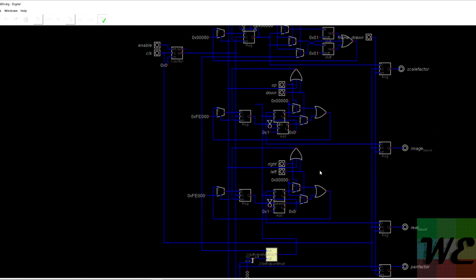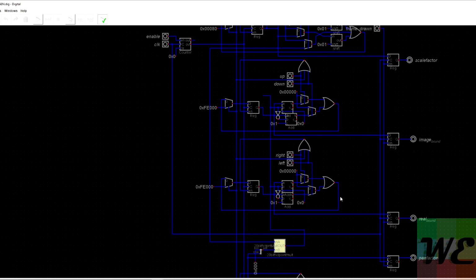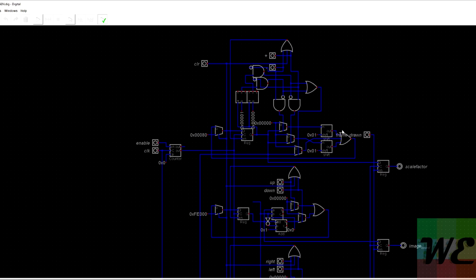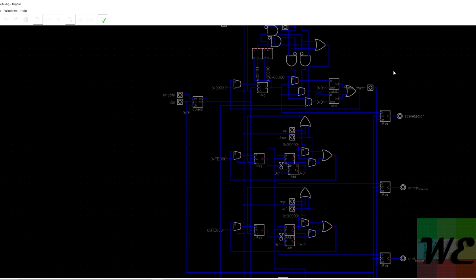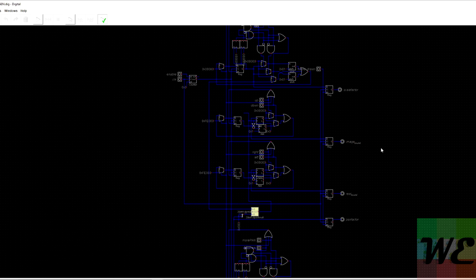My scale factor is how much I'm adding and shifting, and the real bound first gets offset by the pan. The scale factor is done similarly to the pan: it's a power of 2, so you're just shifting it left or right. But this one has a much larger range. You can go from 80000 to 00001, and it checks so that if it's at that bound, it won't let you shift. If you're at 00001 and you try to right shift, it won't shift that 1 out. It always wants you to have a 1 in there, so it always does something. If something screws up, you just click the clear button and everything's good to go. So this is literally all the logic I needed to set up zoom and pan.